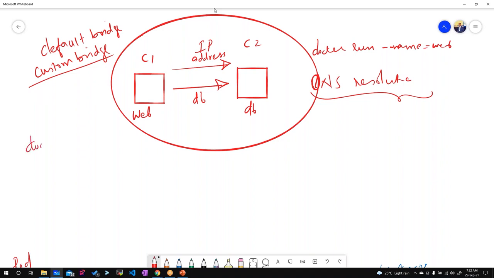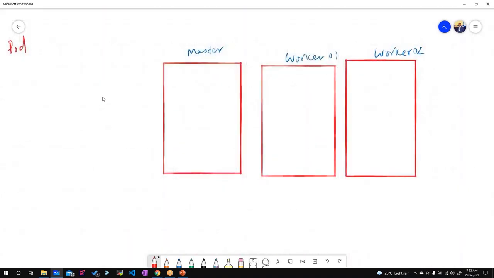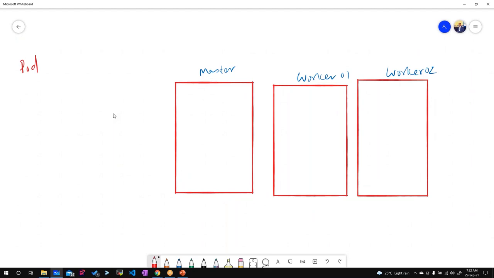If you see the Docker Compose file for setting up multiple containers at the same time, when you run docker compose up, the first thing it does is create a network of the default bridge type, and then it puts all the containers you have mentioned in the Docker Compose file in that network, just for DNS resolution. The container is the smallest unit that I can control in the container world. Similarly, in the VM world, the virtual machine is the smallest unit, we can control till the VM level.